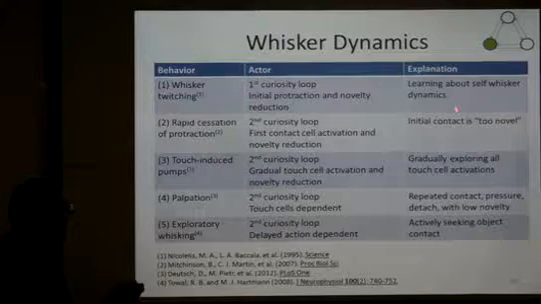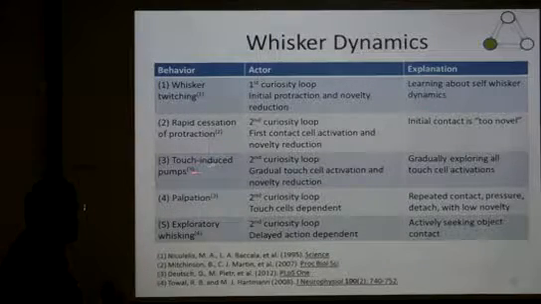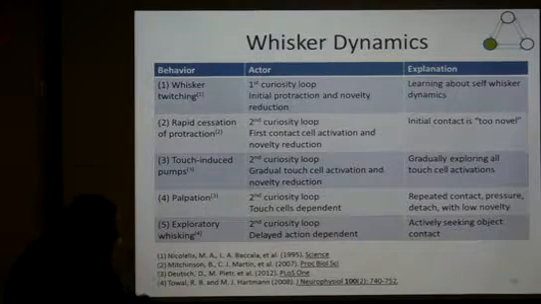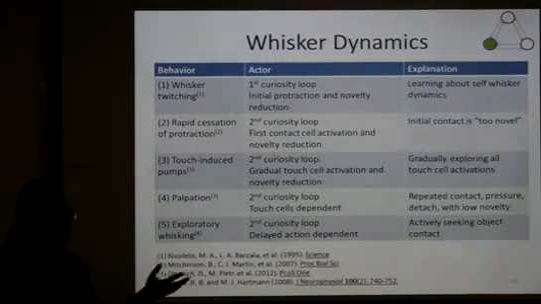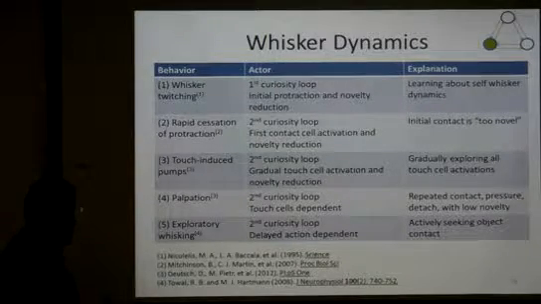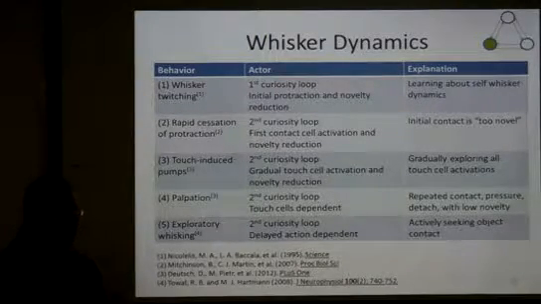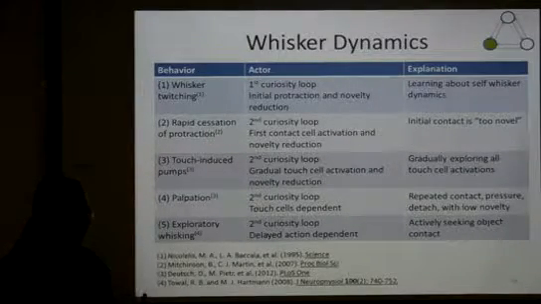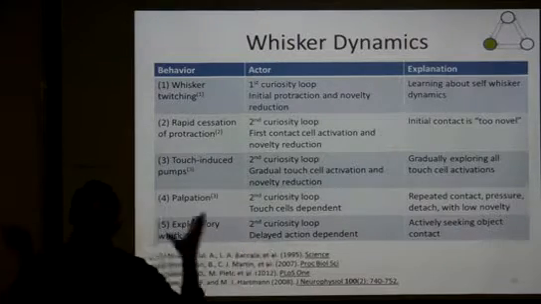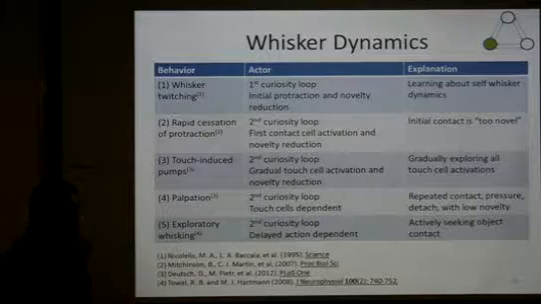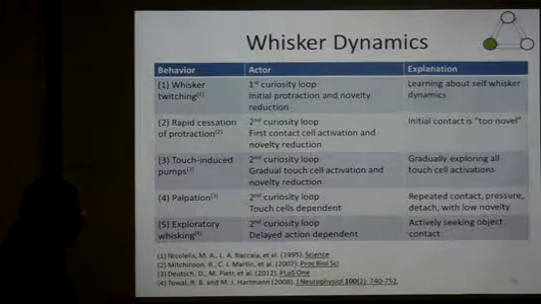So this is the novelty management that I discussed. Our laboratory discovered these touch-induced pumps, which means that when you contact, you actually go backward and go forward again, and only then retreat. This is like the second level loop that I described. Palpation is just when you have a lot of these. And exploratory whisking is when you're looking for objects with the second loop. You're looking for objects, but they're not there. So you protract, there's nothing there, and then you retreat. So I can explain a lot of behaviors, and there are also a lot of minute details that this model explains about these behaviors, which is very nice.